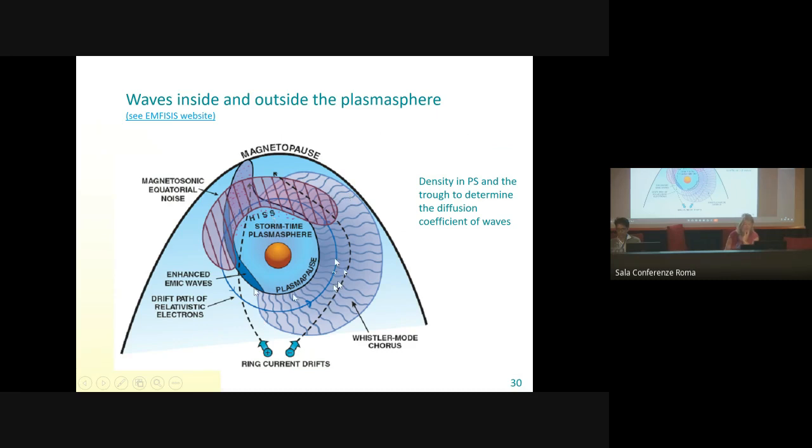And along the plasmapause, you have EMIC waves, electromagnetic ion cyclotron waves, that are in resonance with the frequency of the plasma. And you have also magnetosonic equatorial noise that you can see here, and that will interact with the different particles